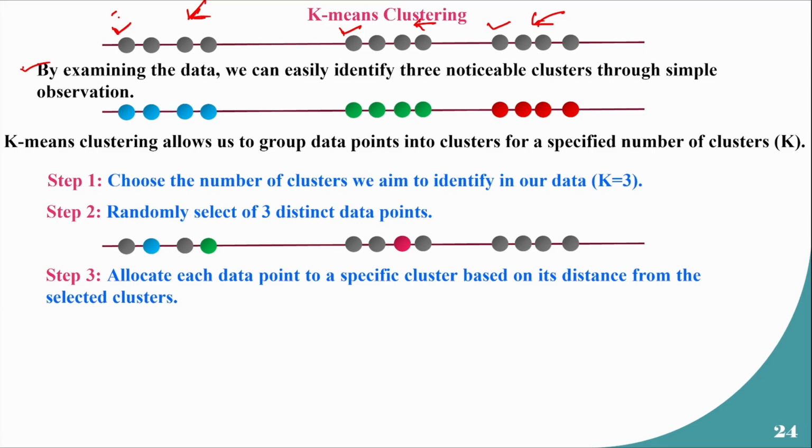Next, what the algorithm will do is that it will try to put each of the rest of the available data points into one of these clusters, based on what? Based on distance from the selected clusters, or currently the representative members of the selected clusters. So what are those distances? If you notice,